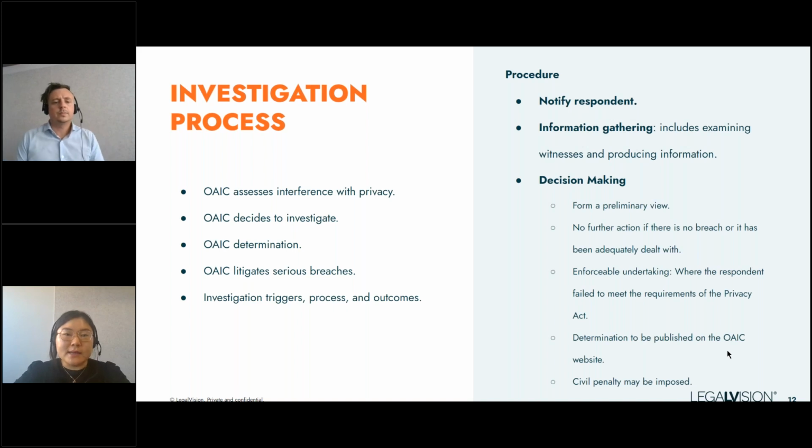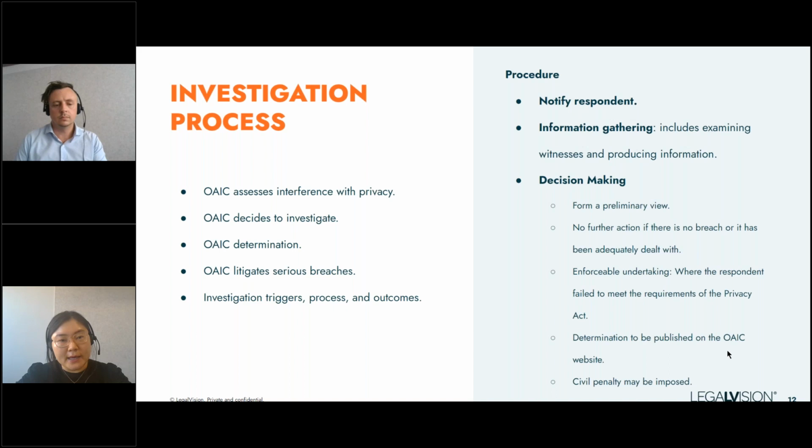If the Commissioner decides that there has been an interference with privacy, it might take a number of enforcement actions. For example, it can conduct an assessment of an entity's privacy practices and provide non-binding recommendations. It could require an entity to accept an enforceable undertaking and enforce that undertaking, direct an entity to take certain steps and bring proceedings to enforce the determination. It could also seek a court injunction to prevent conduct that would constitute a contravention of the Privacy Act.